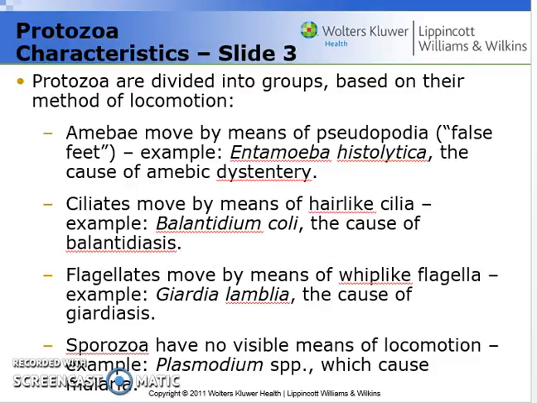So on that sad note, let's move on to the ciliates group. The ciliates move based on what their name implies, which is a structure known as cilia, which we've talked about before. Cilia can help with attachment purposes, but in organisms like Paramecium, which are called ciliates, they have these hair-like structures called cilia surrounding the cell. And that simply allows the organism to move to wherever it wants. There is a specific organism called Balantidium coli.